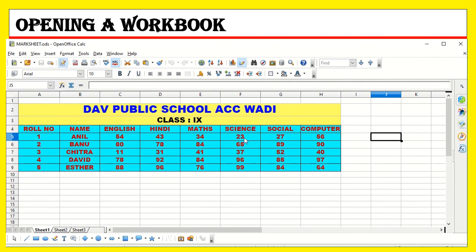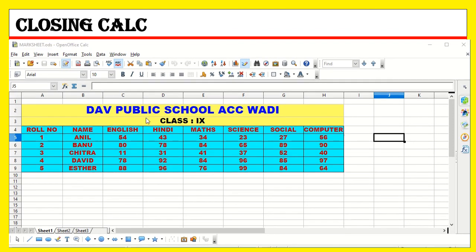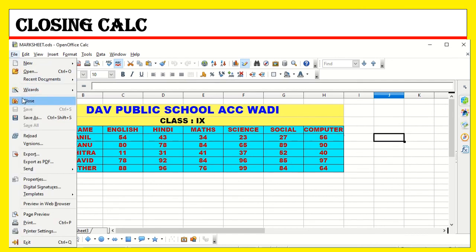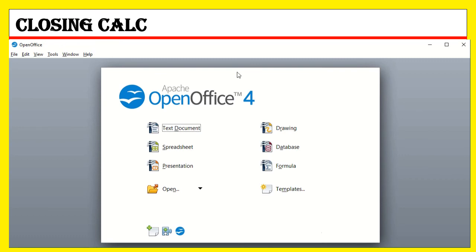Now can you see this marksheet workbook, children? So like this you can open an existing workbook. Children, in order to close the calc document, what you have to do is click on the file menu and choose close. So like this you can close the calc document, children.